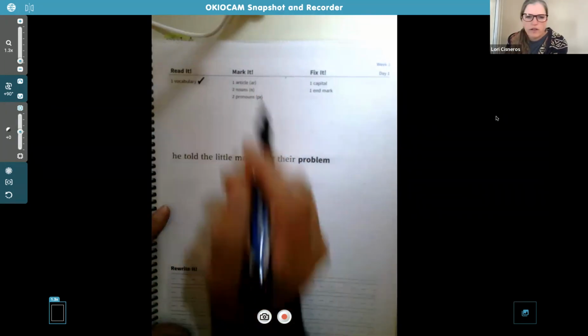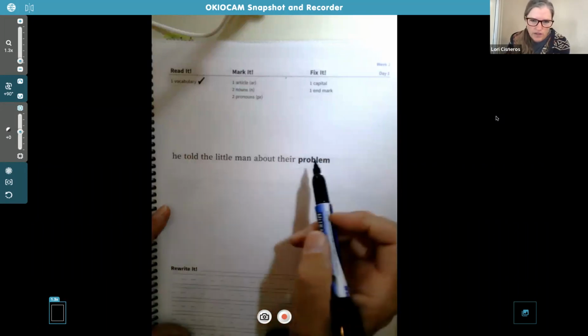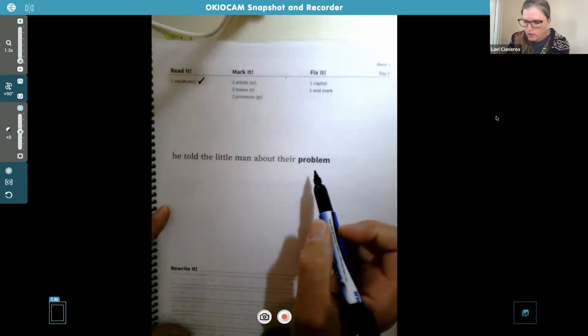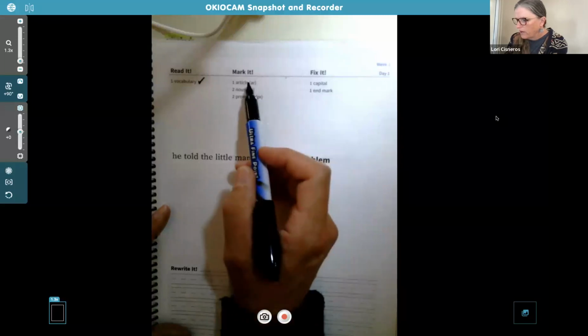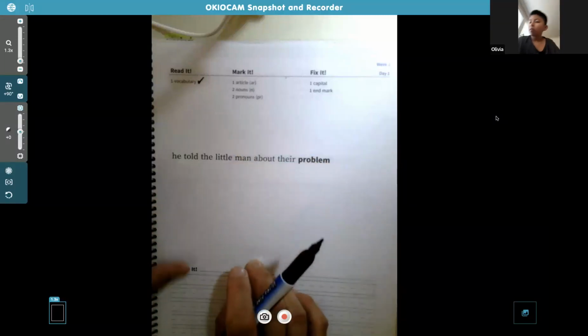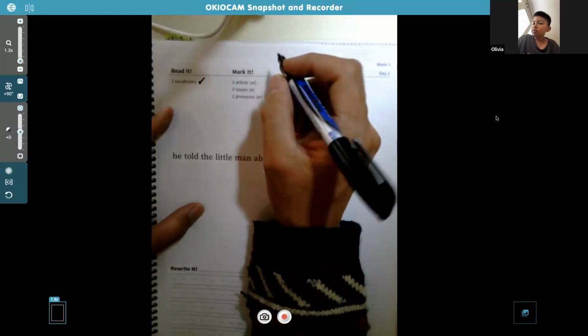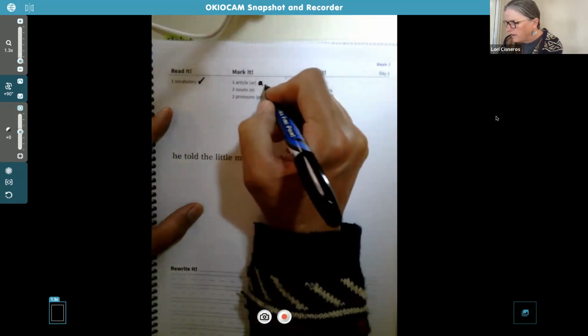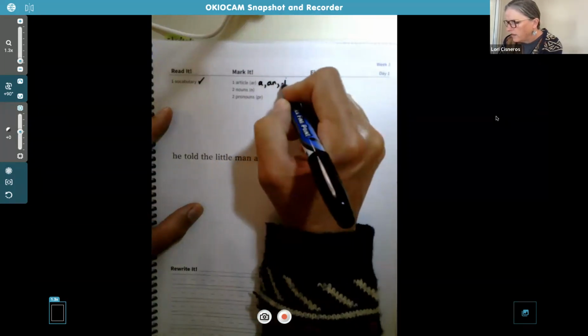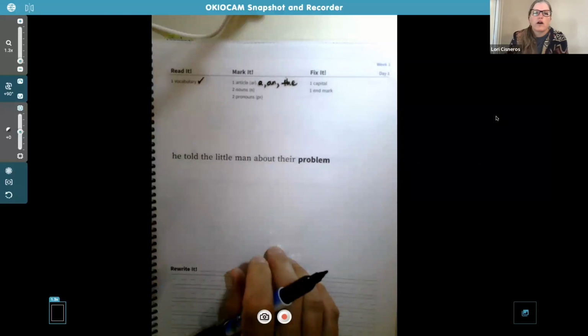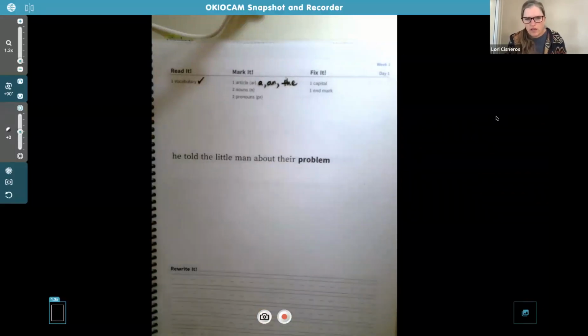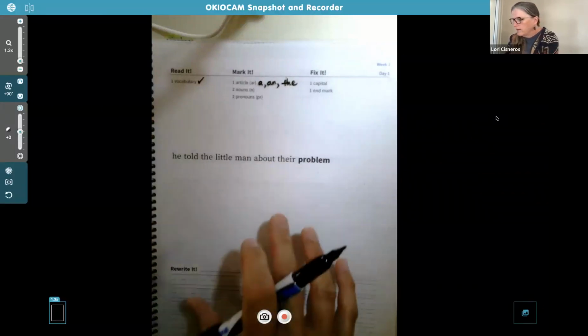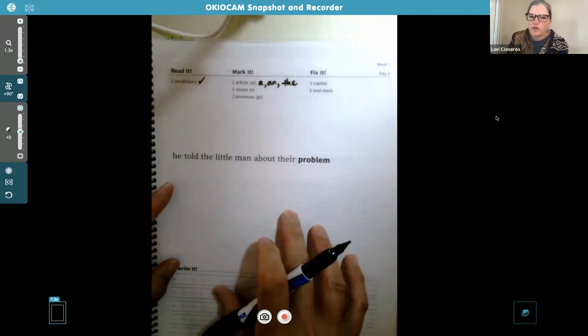We're going to put a little check mark there by the vocabulary because we read the sentence, we checked the word. Now we know what the word means. We're going to go here to mark it. Remember, article, go ahead and write it up here at the top, is a and the. Those are the articles. We've talked about those a couple of times in other classes. So what article? There's only one. Which one do you see in this sentence?